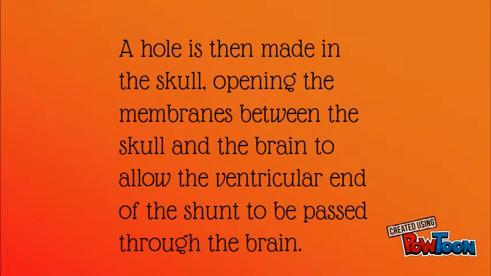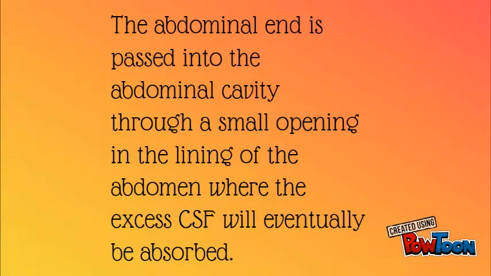A hole is then made in the skull, opening the membranes between the skull and the brain to allow the ventricular end of the shunt to be passed through the brain. The abdominal end is passed into the abdominal cavity through a small opening in the lining of the abdomen where the excess CSF will eventually be